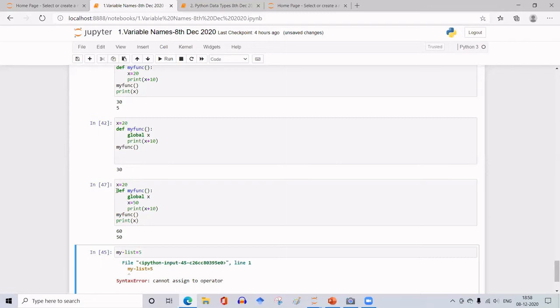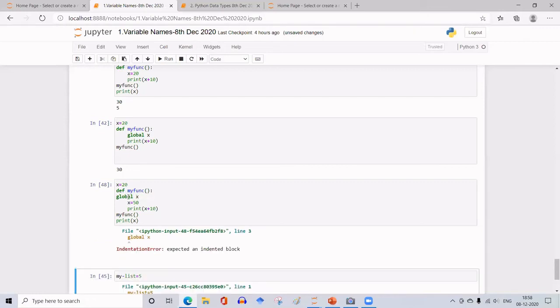You will know it in future. See, whenever you want to define a function, or whenever you want to have some loop, say for loop, for x varying from 1 to 10, do some operation. That do some operation has to have a tab. So that for will start from the beginning, but next line we have to give a tab. Suppose if I don't give a tab here, what happens? You get an error. Expected an indented block. This global has to be within the indented block. Followed?